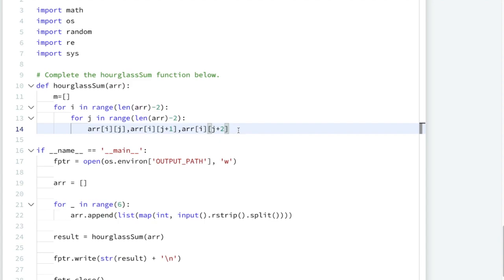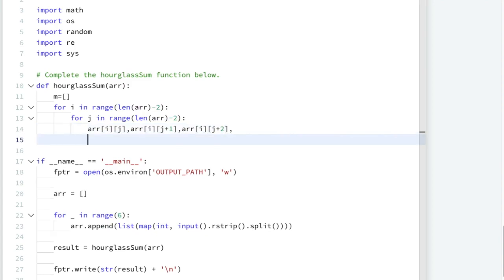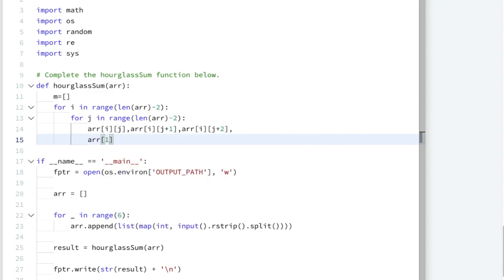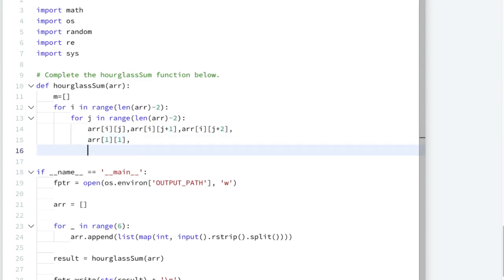Now we have to calculate the D value. The D value is array of i plus 1 comma j plus 1. This is my D value. Now we have to calculate the E, F and G value.